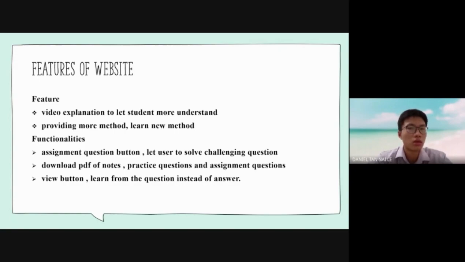So the website should be more thorough, because it has limitations in going into related theory or other questions. Other than that, a functionality that can be added to the website is an assignment question button. The assignment question button provides assignment questions that let users solve more challenging questions,